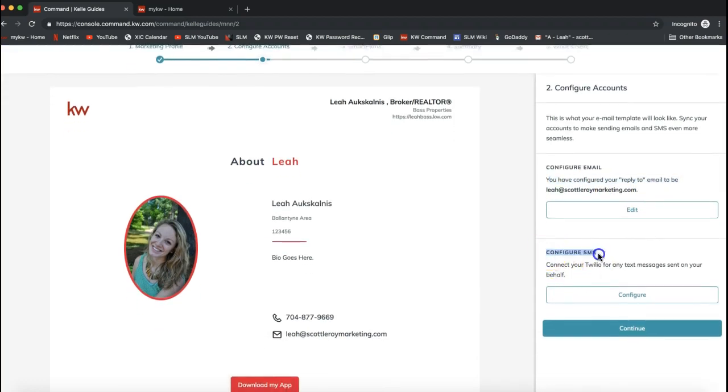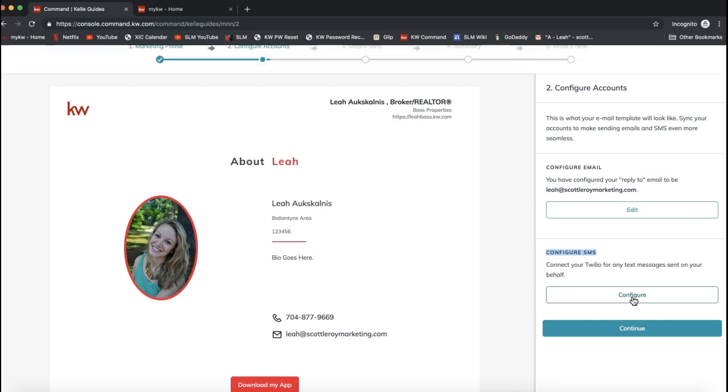Under here, you will see you can also text from the system. So this update, I believe, was just done overnight. This was not here yesterday when I was checking all this out. So you can connect a Twilio account to send out text messages from the system. That is a paid service. So if you would like to sign up for Twilio, and I believe you just add a balance to your